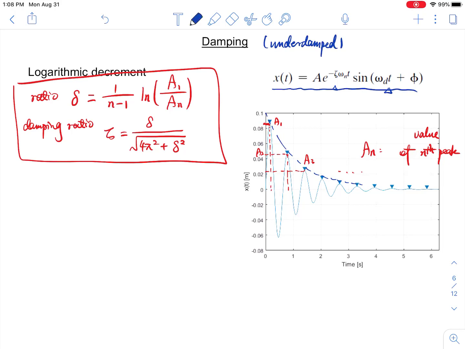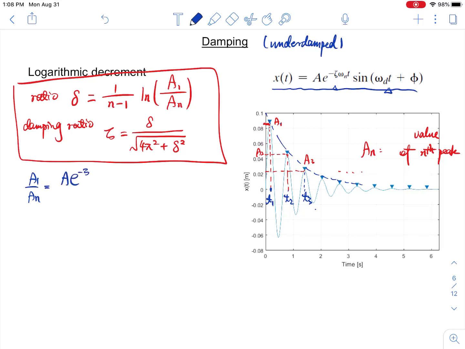So you may be wondering why we can get these equations. I'm going to give you a brief explanation. Let's go back to the time domain plot. The position of each peak, let's name it T1, T2, and T3. So let's see. The peak ratio, A1 over An, equals